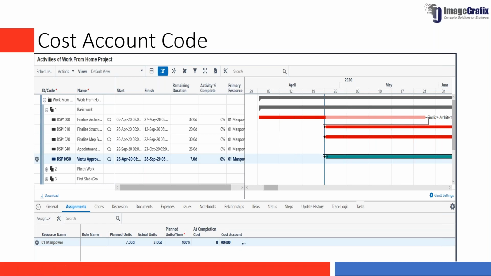At the end of the project or whenever you want a report, you can take a report on cost account codes. How this will help you is you will be able to see against each and every cost head how much you have spent, right? That kind of option is available in Primavera when you use cost account codes.